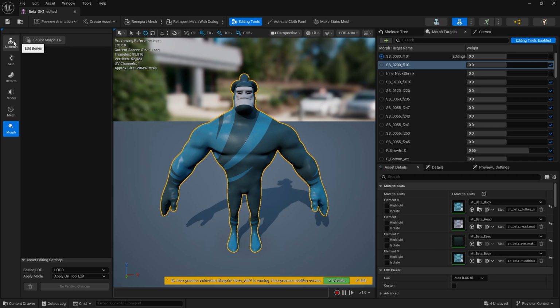And here you can see the already existing tools: skeleton, skin, deform, model, and mesh. Now the newest tool is morph. Thanks to morph, we can now start modifying certain parts of the body by morphing the sculpt of the character. In here, I have already selected certain parts of the character, and if you have made certain changes, you can see that the movements that you have made are visible by changing all those values. Or maybe you can see both of them in action.